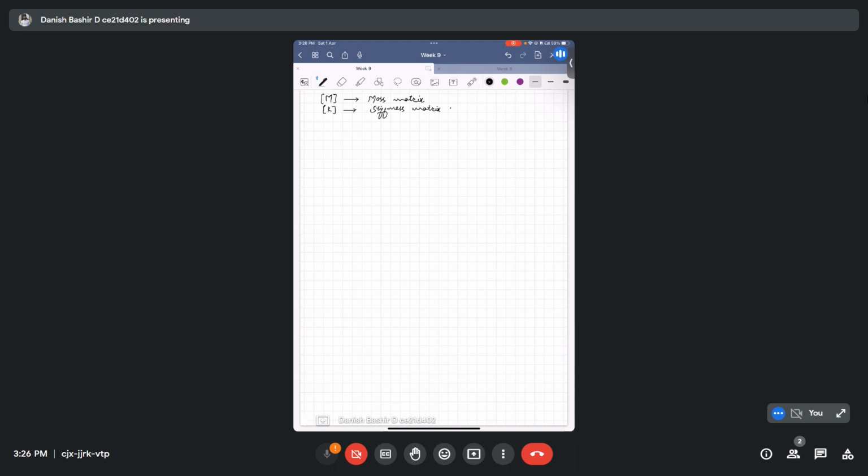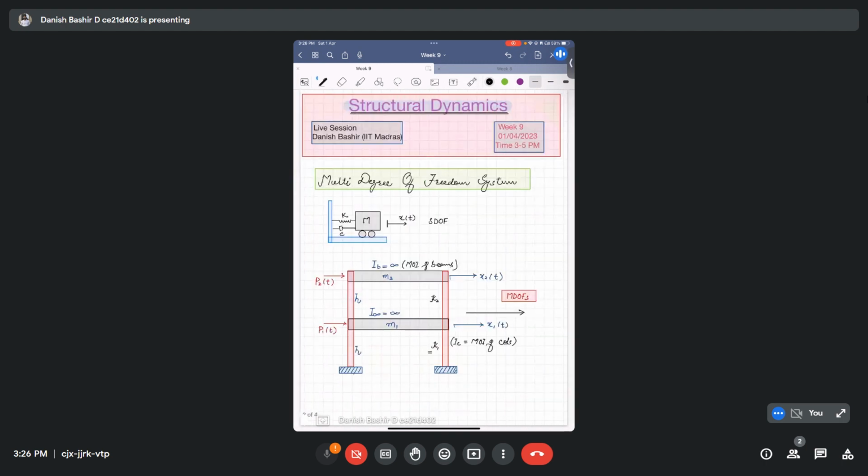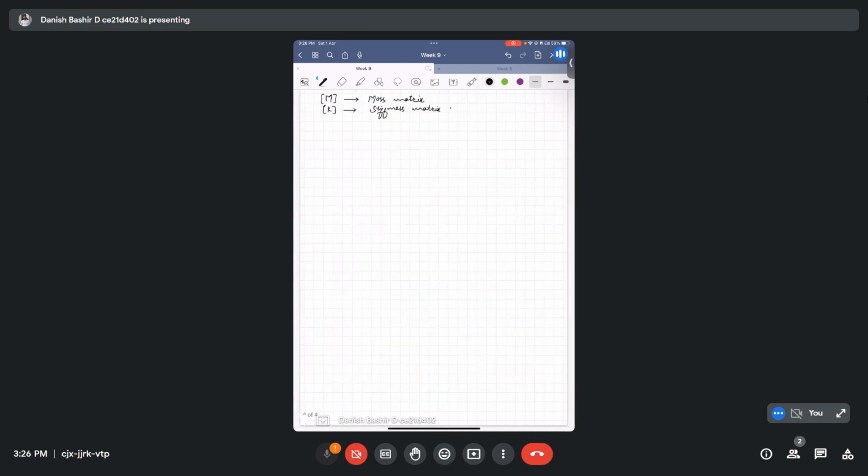Now we will solve one problem for this. We were able to get the mass matrix and stiffness matrix after writing the equilibrium equations of motion and doing long, cumbersome computations. There are other shortcuts by which we can write the mass matrix and stiffness matrix as well. First, the stiffness matrix K has elements